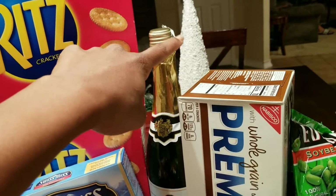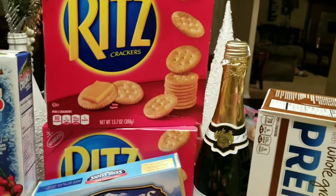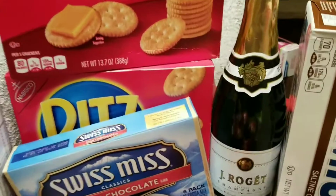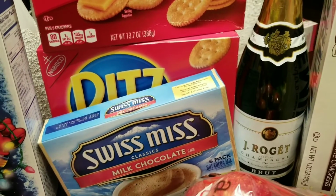They did have a Brut champagne there. I thought it was leaking. That's why I tore off the gold paper at the top. But it wasn't leaking. It was just something thawing out that was in the bag with it. This is the brand of the champagne. And I had a taste for mimosas. So I'll probably end up